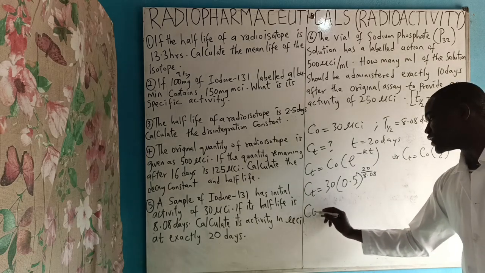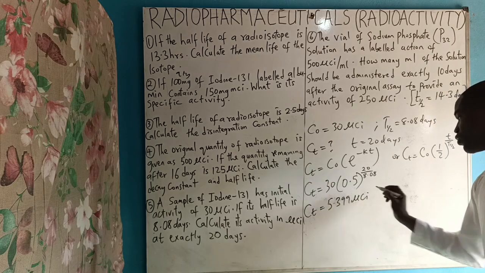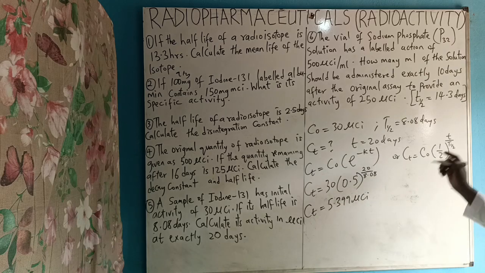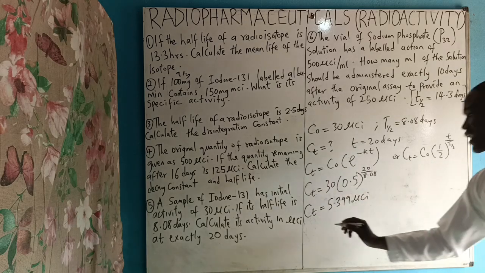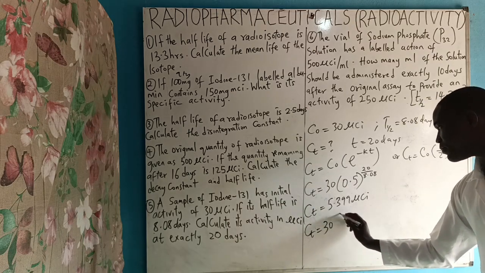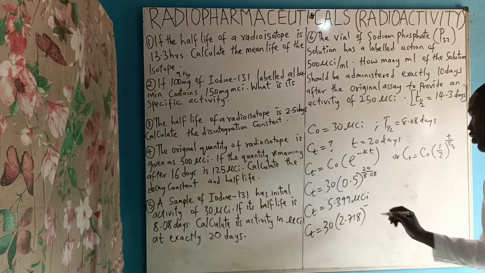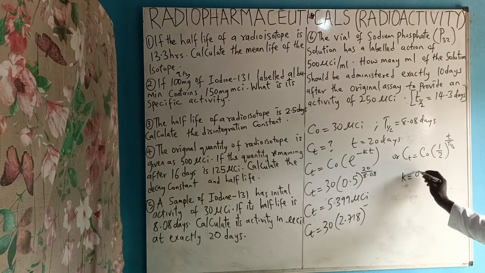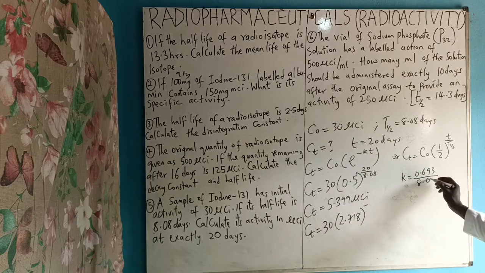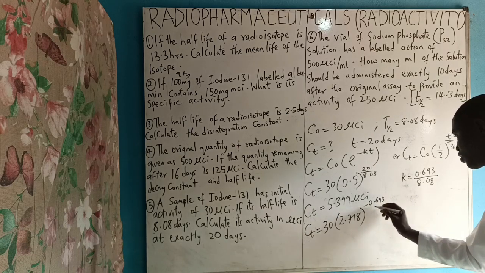Okay? So your C(t) will be equal to 5.399 microcurie. That is if you use this method. Then if you are using the other method, you tell them that your C(t) is equal to 30 bracket 2.718 raised to the power of minus your k. What is your k? 0.693 all over half-life, which is 8.08. Are you getting it? So your k is 0.693 all over